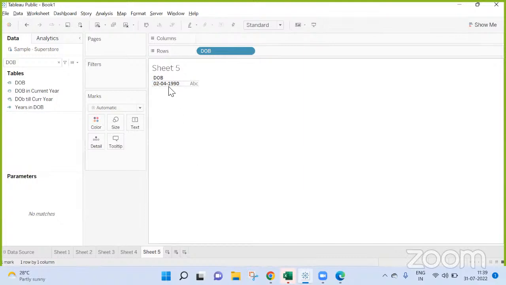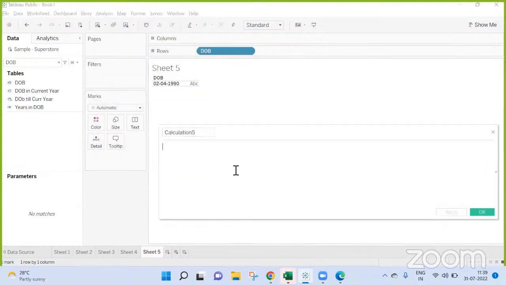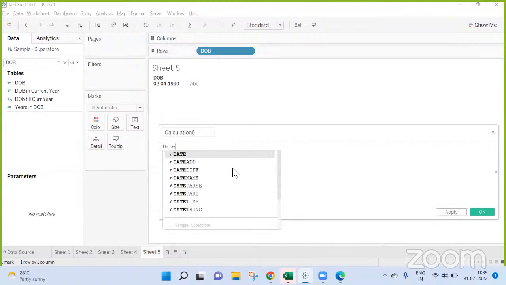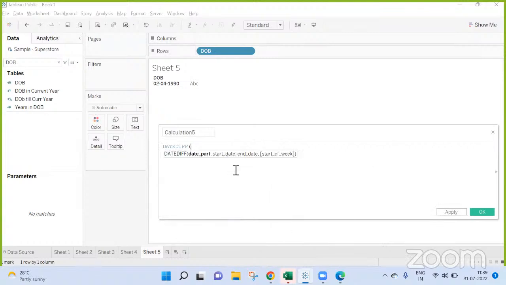Okay, now what am I doing? I am writing a calculated field to get this. I'm taking date diff at the year, comma, DOB, comma 2.